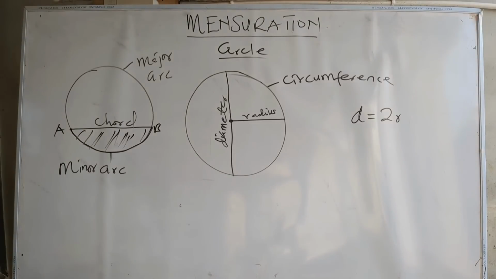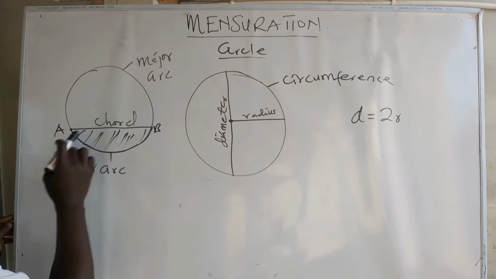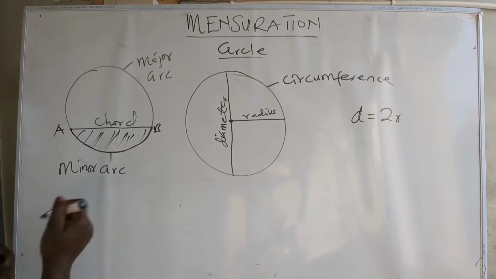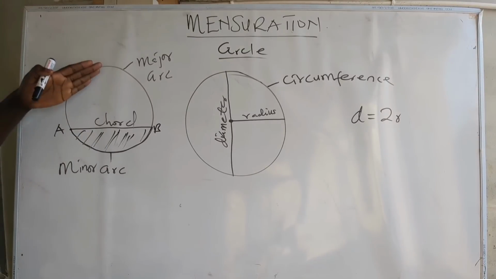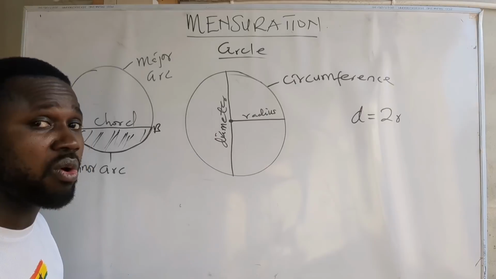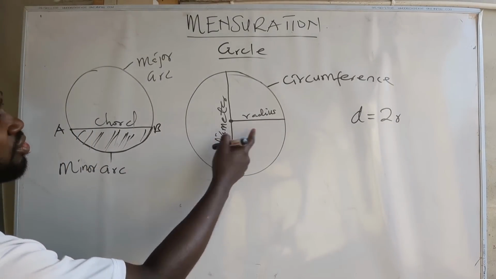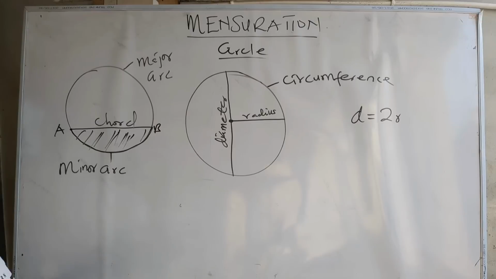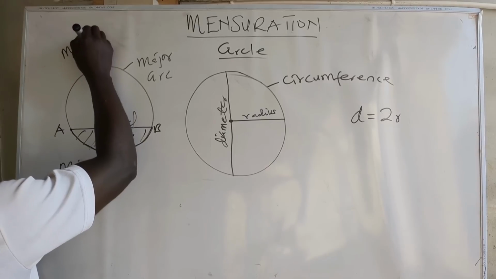And you see the chord, as I was saying, the chord has divided this circle into two. We have the upper part here and the lower part here. When the chord divides the circle into two, both sides are what? A segment. But the chord does not divide the circle into two equal parts. It is a diameter that divides the circle into two equal parts. A chord will divide into two, but not equal. So the bigger side will be called the major segment,